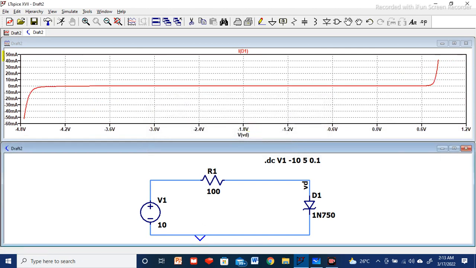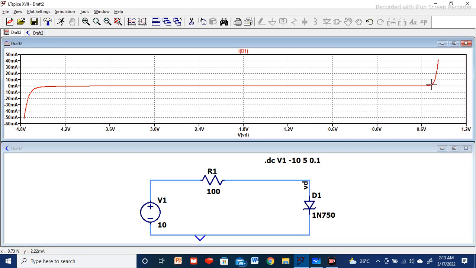Now you can see there is a nice curve: an exponential increase in the forward direction, and in the reverse direction we see the breakdown at approximately 4.5 volt, which was defined for this Zener diode. In the forward direction, as it is silicon type, approximately 0.7 volt is the threshold voltage after which exponential current flows. This way we can find the IV characteristics of the Zener diode.